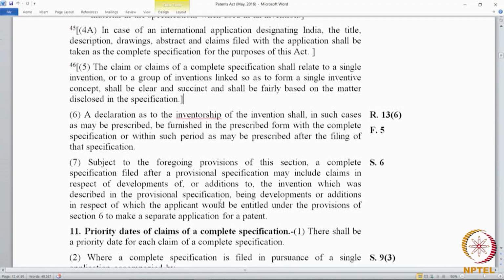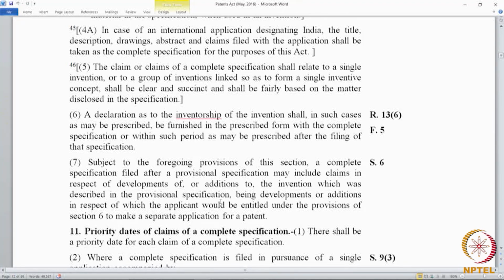To give you a better illustration, if the provisional was filed on January 1st of a particular year, describing a mechanical device, and on June 1st the complete is filed for that invention with the claims, but when the complete is filed, an additional device or component is added to the invention which was not described in the provisional filed that year,